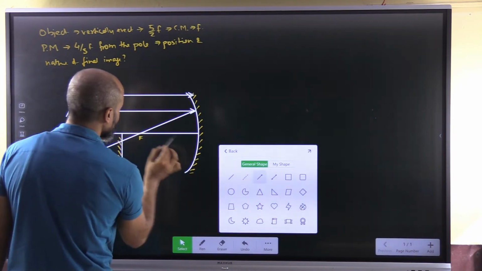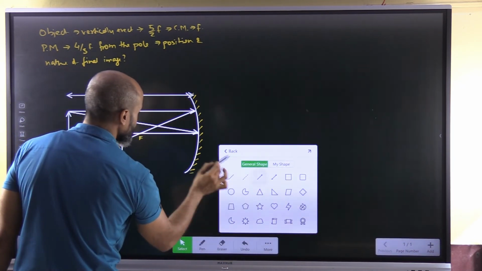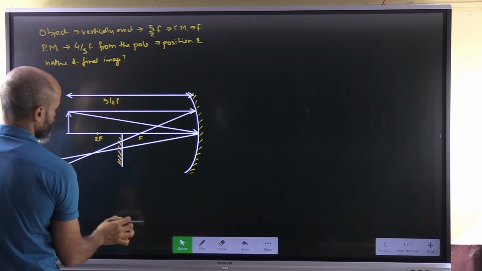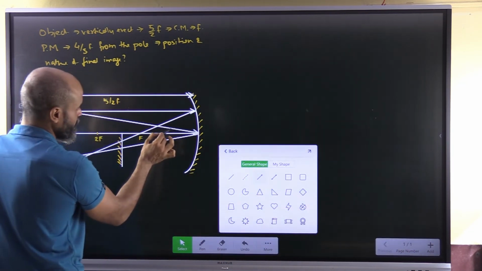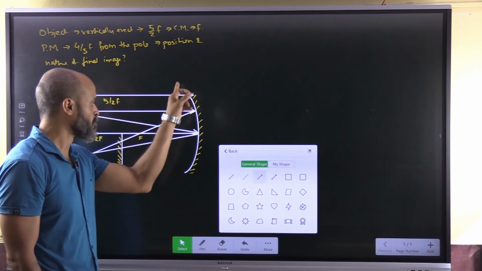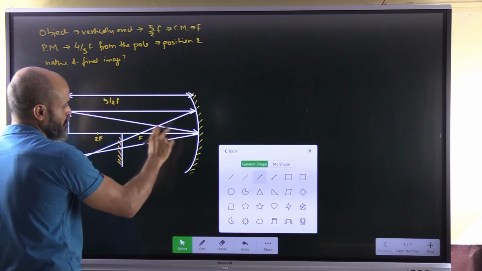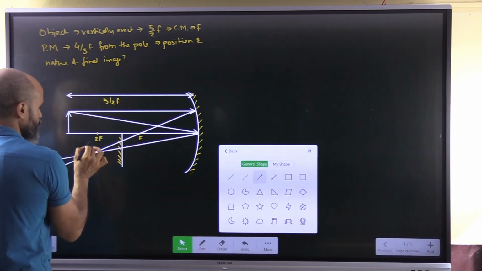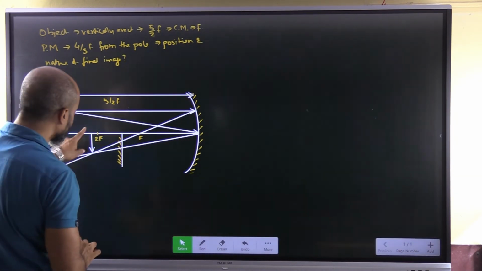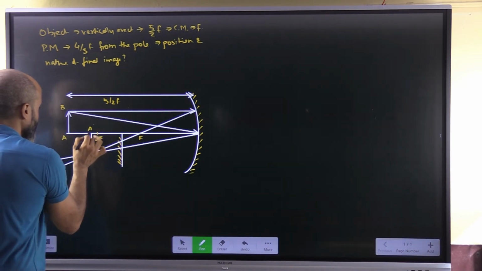Also let's say if I take the ray of light incident here, and I take the angle of reflection as somewhere here, so somewhere here the image is getting formed. See, this will be the angle of incidence and this will be the angle of reflection, which will be equal to one another, because a ray of light which is falling from the center of curvature to the pole will be normal to the mirror. So obviously this image is going to form somewhere here, and this image that is getting formed, let's say we say this is A B and this is A dash B dash.